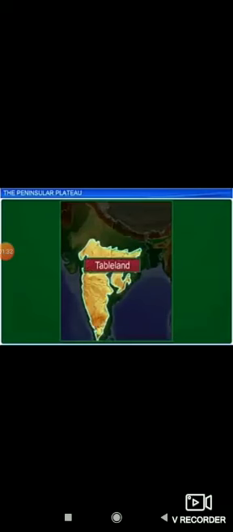Now let's start the chapter, the Peninsular Plateau. This is the image of India's map. Now, the Peninsular Plateau is a tableland made up of the old crystalline, igneous and metamorphic rocks. The plateau has broad and shallow valleys and rounded hills. Just see this picture. This yellow portion is the peninsular plateau and this is a tableland. It is called a tableland.